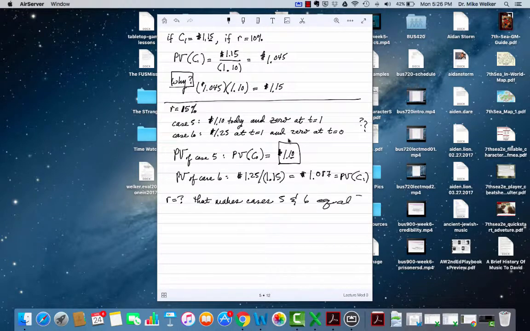Another way of putting it: what's the value of R that would make cases 5 and 6 equal? Case 5 was $1.10 today, and case 6 is $1.25, but that's in a time period in the future. So I have to discount